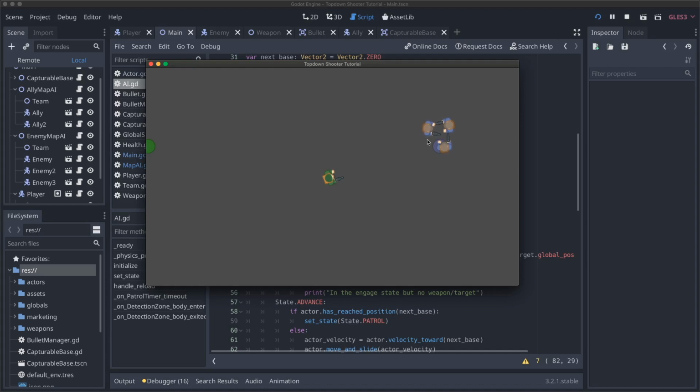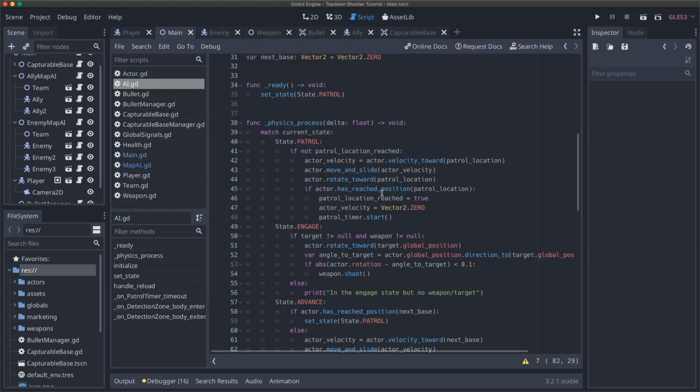Now the only extra thing we could do to make it better and really make the game kind of start to get fully featured is to connect our map AI with our base captured signal. So when it detects that a base has been captured, it can update the current base that enemies are supposed to go to. Because right now we're just doing it when our level loads up. We're not actually updating or refreshing it as it goes. So that should be kind of the next thing we tackle to have where it really feels like our AI will capture all the bases that they can. Okay, and so in order to wire that up,